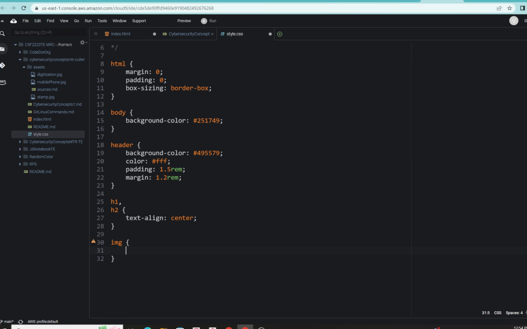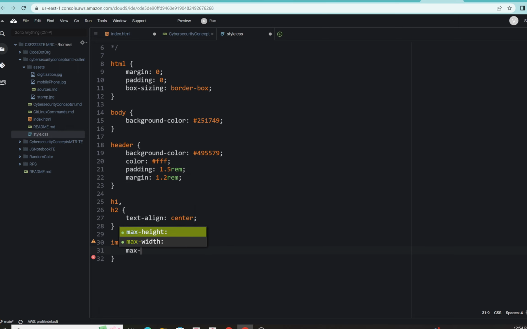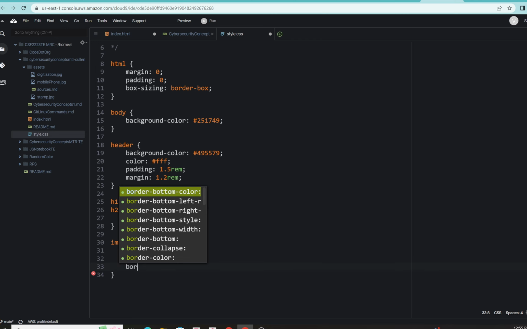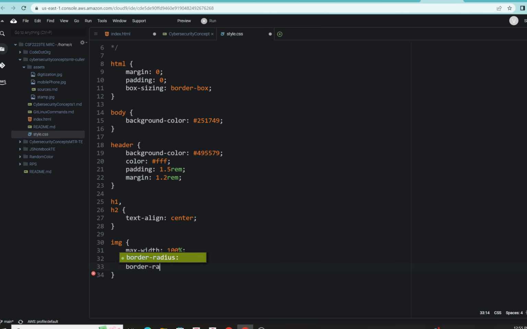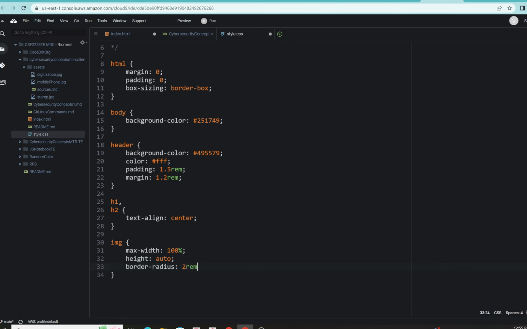And how do we do that? So remember, this is going to be max width 100%. And height, we want set to auto based on the device. And we're going to put a slight border radius on the picture of 2 rem. Okay. All right, let's pause our